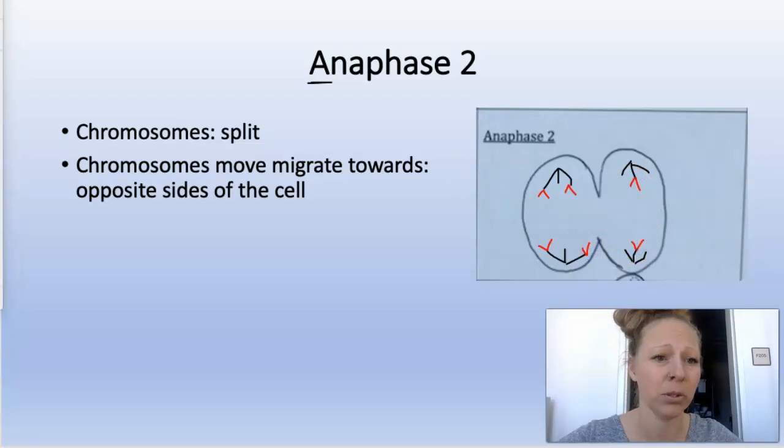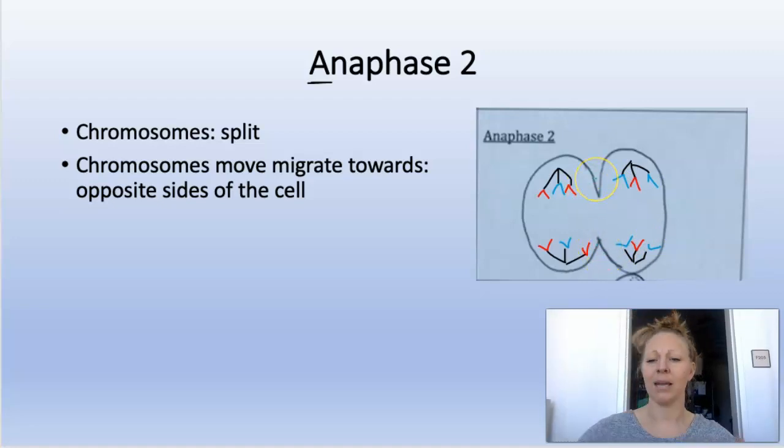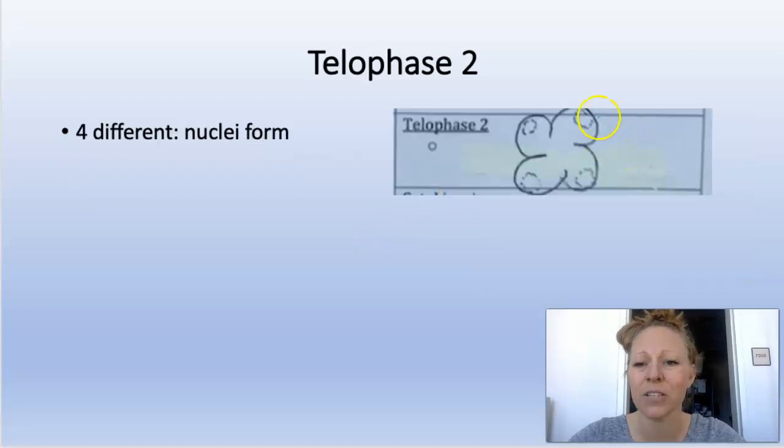And let me get the blue here and here, and we're almost done. And you can see how the cell right here is also starting to split into 2. In anaphase 2, our chromosomes are starting to migrate to the poles. And telophase 2, we're almost at the end. You can see now that we have